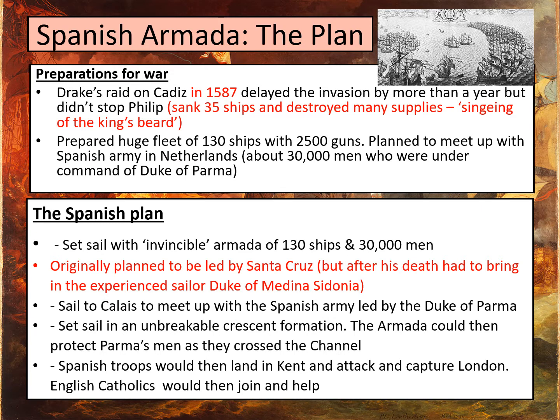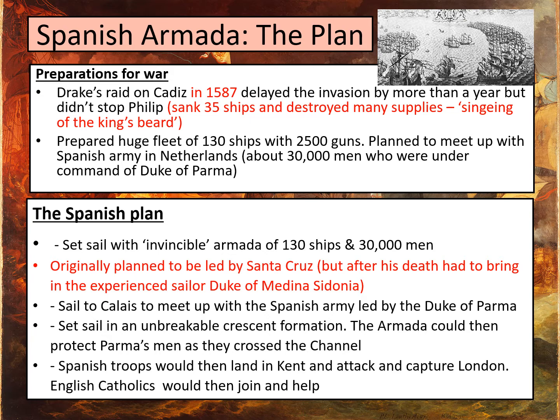So as mentioned on the last slide, England and Spain had been at war since the Treaty of Nonsuch in 1585, and so Philip had been building up a large fleet. He was helped in that by becoming the King of Portugal as well, and that allowed him to build up his fleet even more by amalgamating it with the Portuguese fleet. And so he was putting together some quite detailed plans for war, and he intended to invade England in 1587.